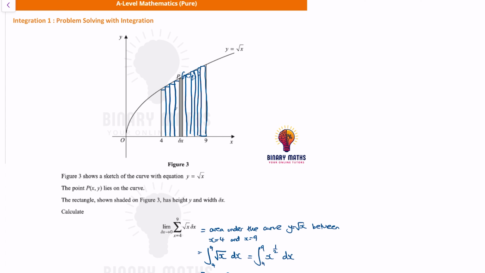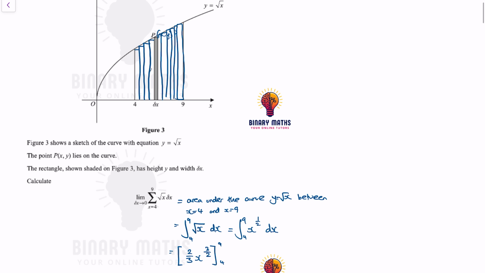x to the power of 3 over 2, and then we do get 1 over 3 over 2 as our factor at the beginning, which is the same thing as 2 over 3. Between 9 and 4, all I have to do now is substitute 9 and 4 in. So let me just go here because I don't have enough space. So 2 over 3 times 9 to the power of 3 over 2,